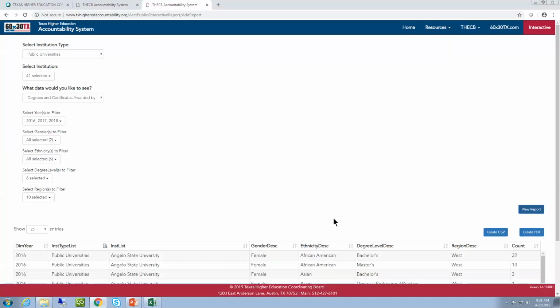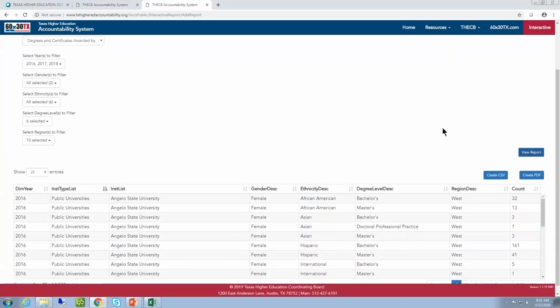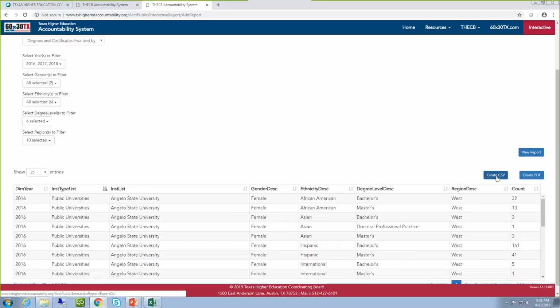and that's going to give me a preview of the data table that I'm going to be able to download. So as you can see here, there's the year, 2016, all the way to region. So these are the Higher Education Coordinating Board's regions, and the count means the number of completions for this particular institution, Angelo State, for female African American or getting a bachelor's. You have 32, okay? So you can either create a PDF, but for our example, we're going to create a